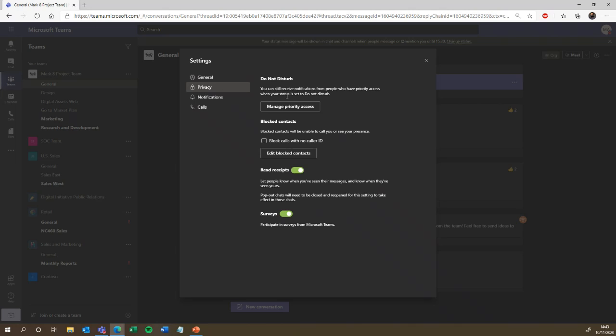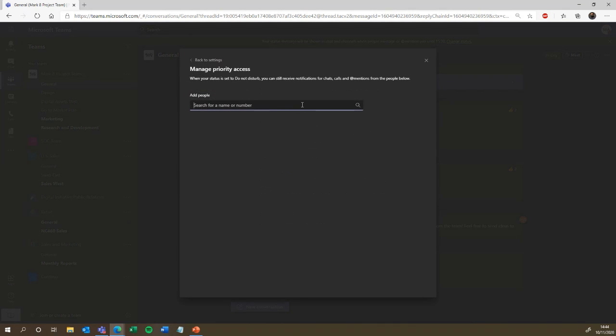So if I go into privacy, what we can do, now I've set my status to do not disturb. So yeah, with do not disturb, only my contacts with priority access can message me and I'll get a notification. So if I select manage priority access, I can set who I can get a notification from. And all you need to do, if it's someone within your organization, is start typing their name or put in their phone number. So if I just go back into settings,